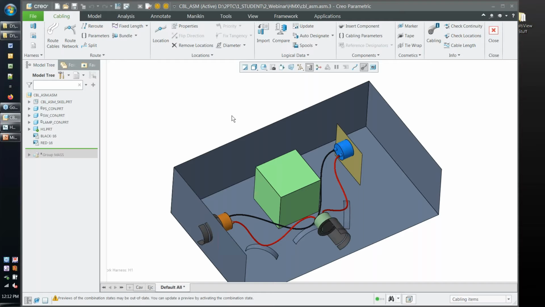HMX will document what is currently regenerated on the screen. If you've made changes to your cabling assembly and you do an HMX document on that, away we go. That will be documented with those changes. So hopefully that speaks to the distinction about how HMX is configured to benefit clients to put out iterations and options of harnesses quite quickly and easily, as opposed to the more conventional mechanical sense,